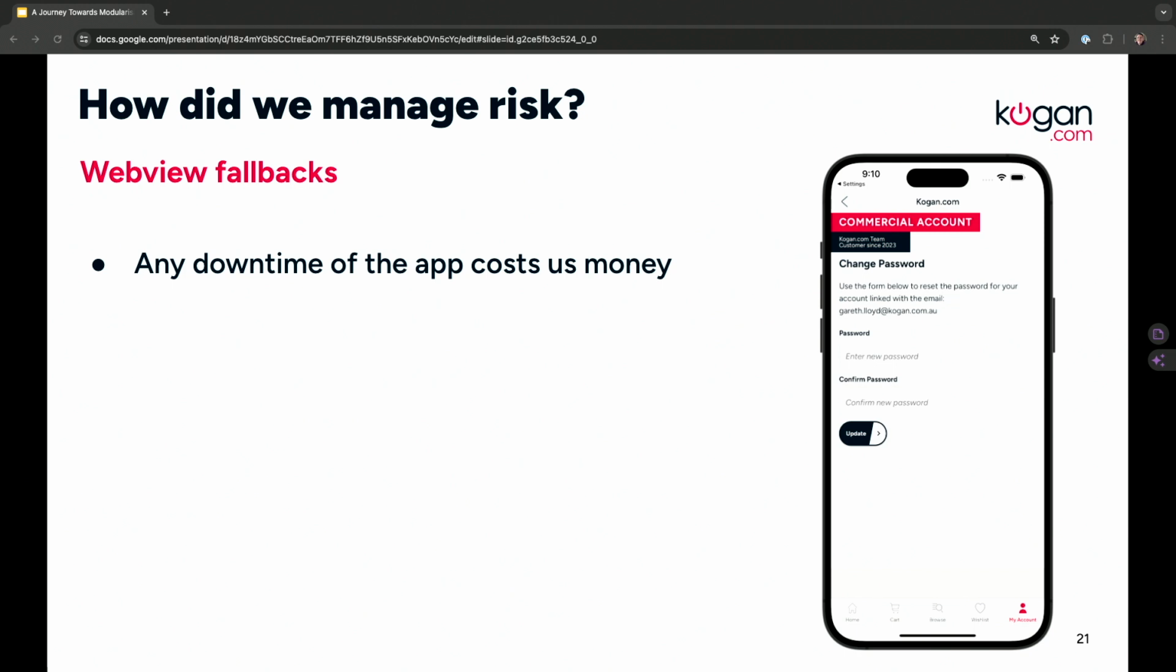So at Kogan.com, we've embraced the hybrid approach. Any downtime of the app costs us money. We're a much smaller team in comparison to the larger web team. So we've found at times that we're struggling to make any improvements to the app because we're just constantly trying to keep up with what the web team are trying to do. We want to develop mobile first features, but because we're continually having to keep up with those changes, we weren't able to make the changes that we wanted to. And so that's why we've started to use more web content in our app. So as an app team, we want to,